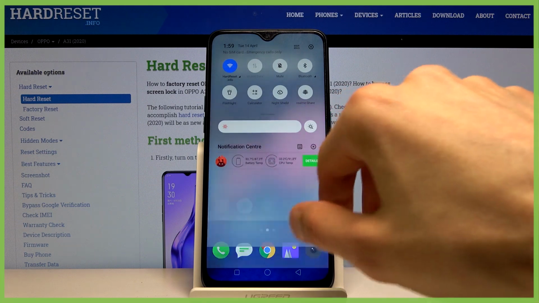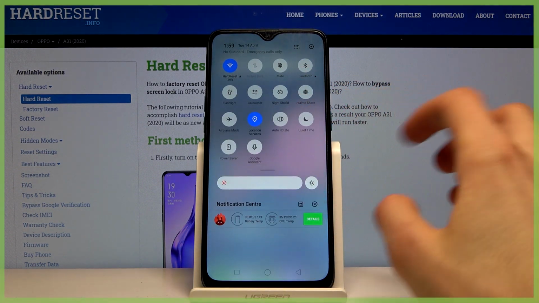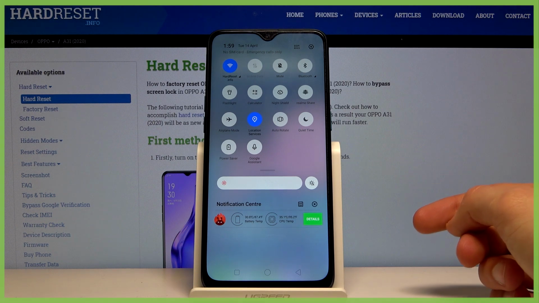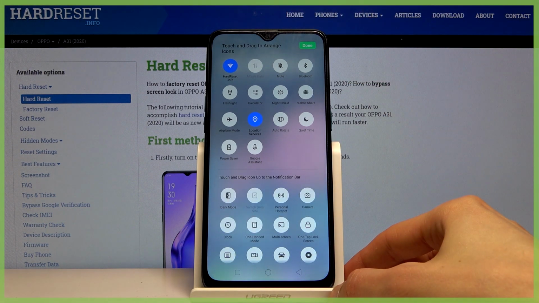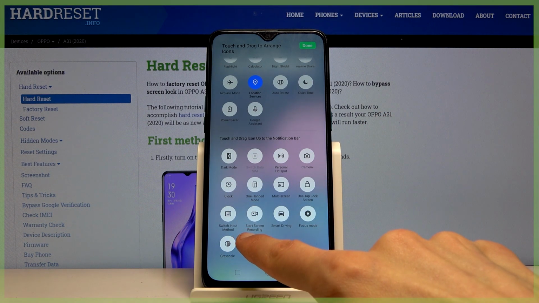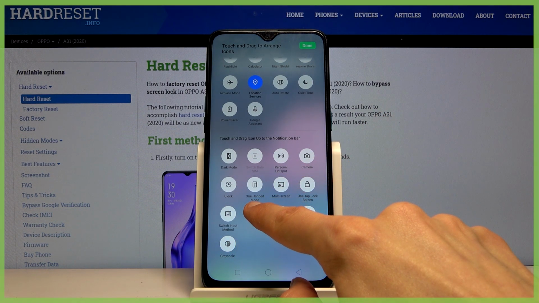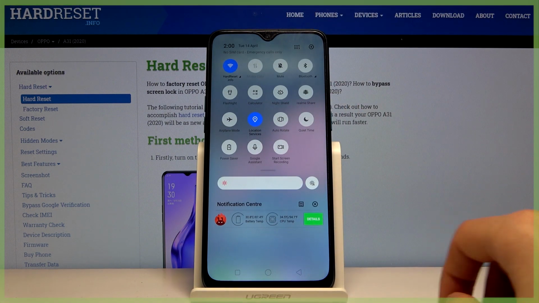So number one, what you want to do is add it to your toggles. As you extend it and you don't see it anywhere in the toggles right here, tap on this grid-like thing next to the settings and you should find it somewhere over in here. So it is right here, start screen recording. Hold your finger on it and then drag it over to here, click on done, and there we go,